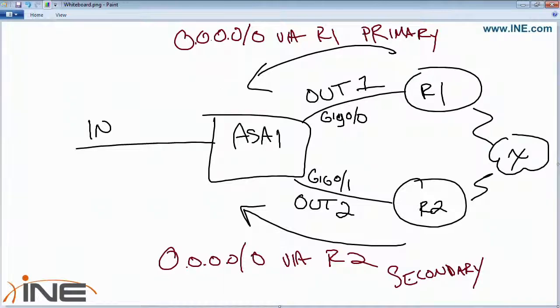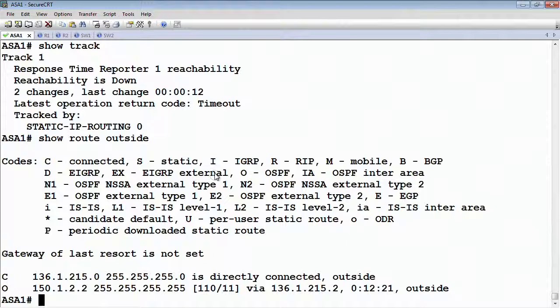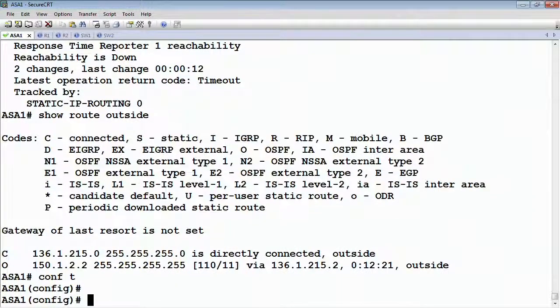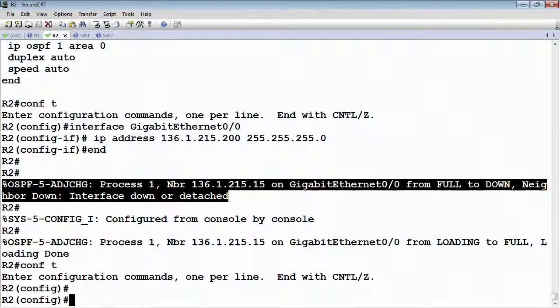by configuring the track object on this route to ping router 1's address, and then on this route here, configure a higher administrative distance, which would give us basically the reliable floating static routes. So if we look at that in our case here, if we were to say, and let's configure router 2's